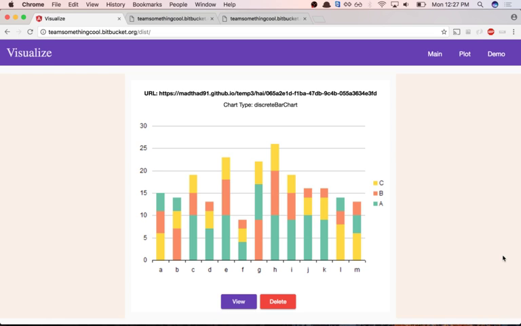Hi, welcome to Visualize, a tool for creating small-scale and large-scale visualizations in minutes. It's a platform for creating charts, graphs, tables, whatever your data may stretch to be. It's as simple as